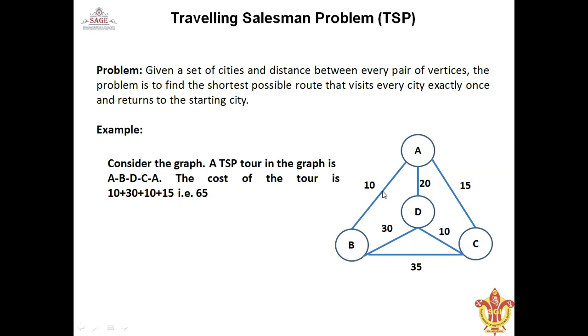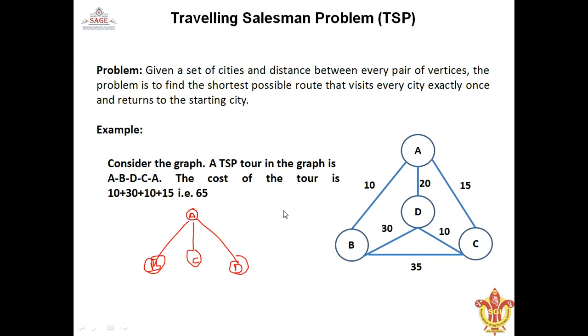See, to solve this problem by using backtracking, what we'll have to do? We'll have to make a state space tree diagram. Okay, so suppose this is node A, we have this node B, we have this node C, we have this node D. This problem can be solved by using backtracking also. Let's try to understand. So what I am doing right now is trying to make a state space tree diagram.